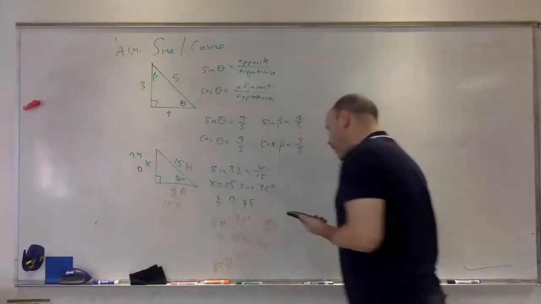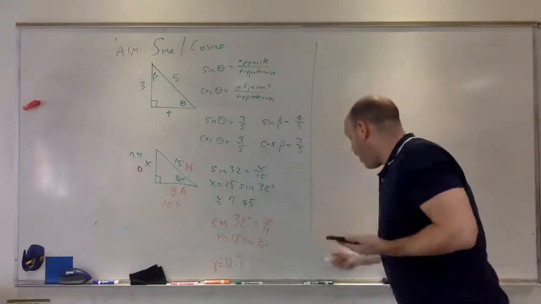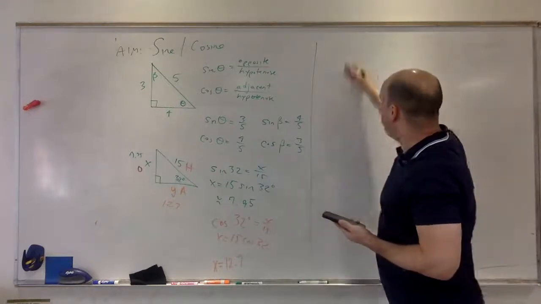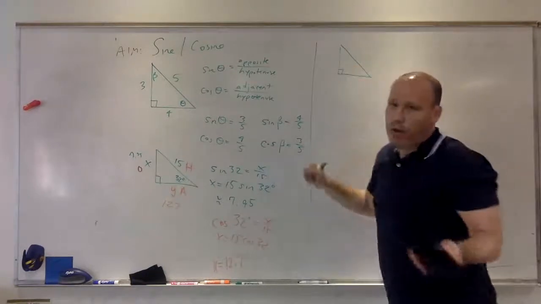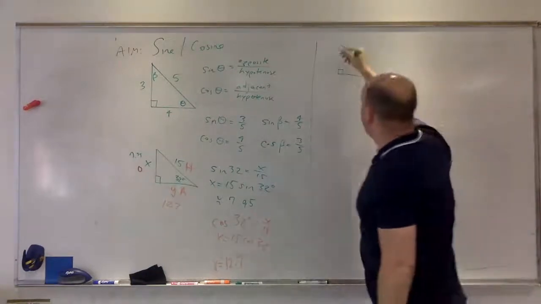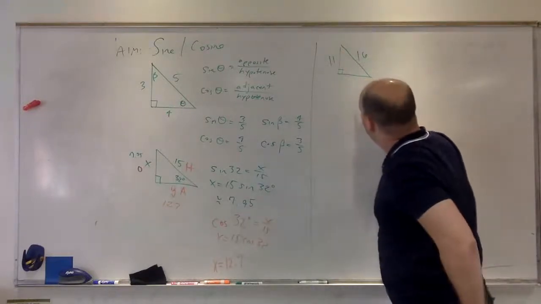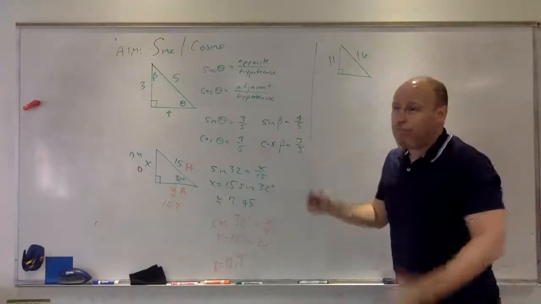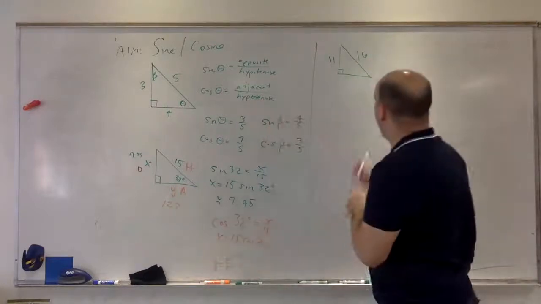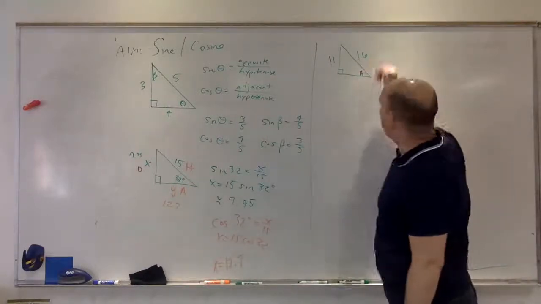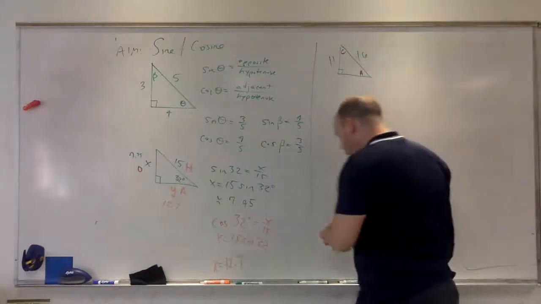Now, also from the tangent lesson, we know about the inverse sine and inverse cosine. You can be given a right triangle. It doesn't need to be in this direction. And you can be given two sides. Let's say you have 11 and 16, and you're asked to find either of the angles. I want to know angle A, and I want to find the angle C. Well, you're in luck,